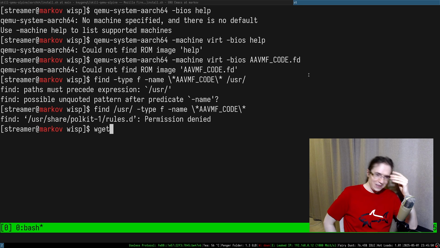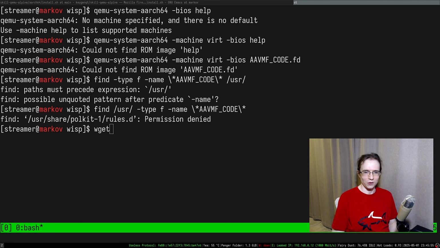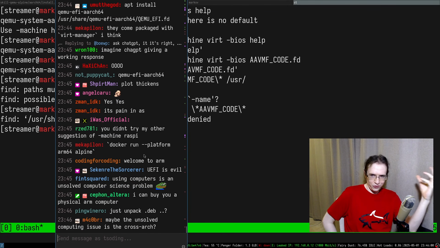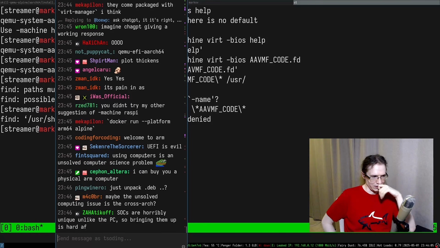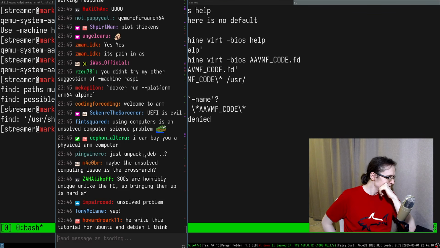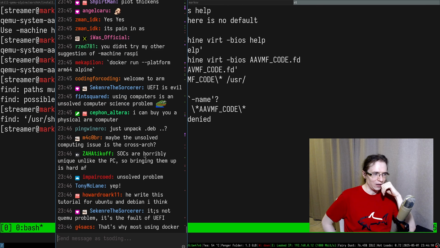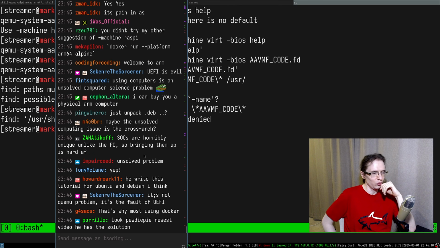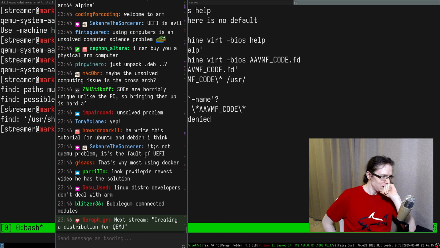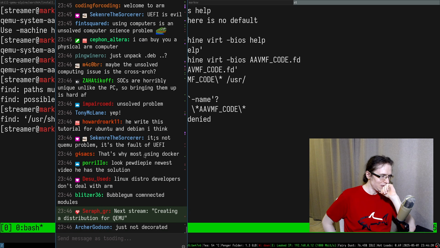Is that what Linux distro developers have to deal with on a daily basis? Is that what it feels like to develop a Linux distro? How does it feel to develop something like Asahi Linux, something completely unexplored where you literally have to reverse engineer this kind of stuff? So it's kind of insane.